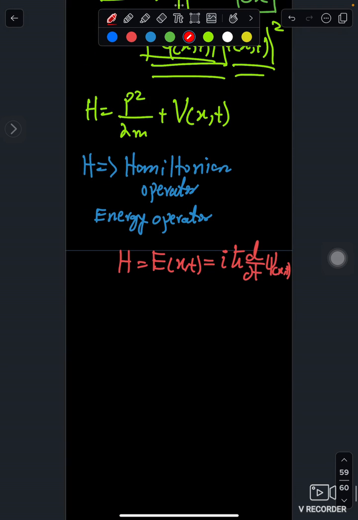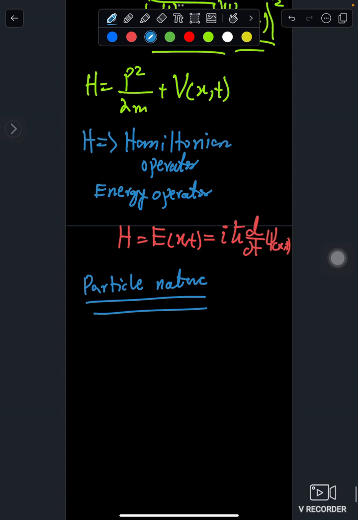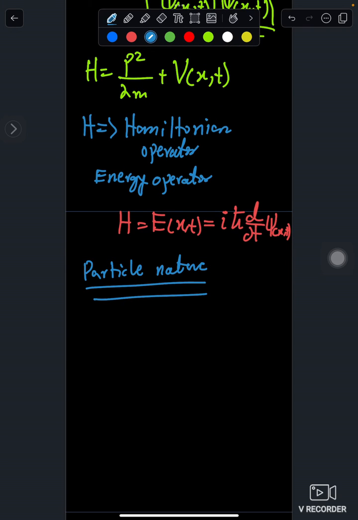So this equation describes both the particle nature, that particles travel in terms of photons, like a photon travels in terms of particles,